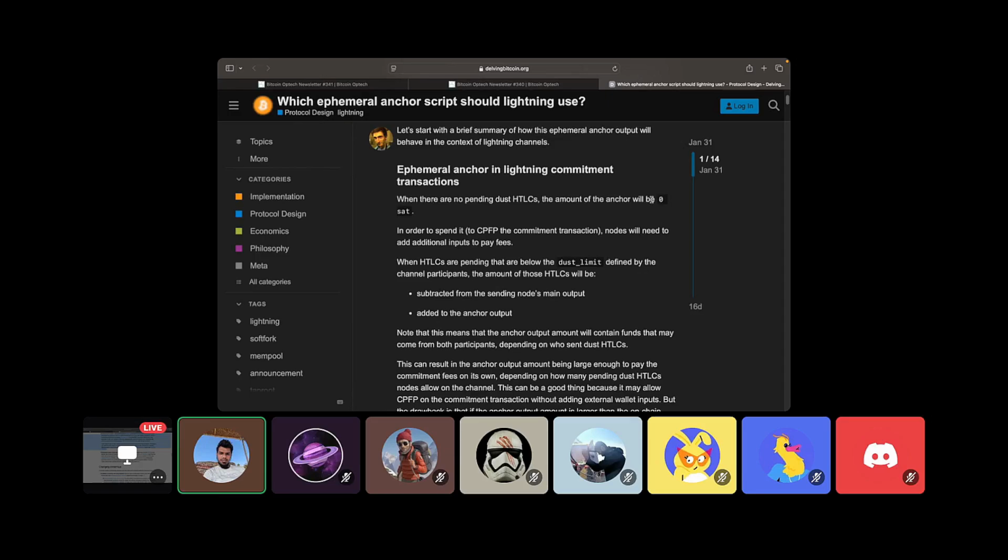So until that anchor output is mined, the other outputs associated with the commitment transaction cannot get mined as well. Because until you get the ephemeral anchor output mined, you cannot get other outputs mined. And you cannot get the ephemeral anchor output mined because it has zero value and zero fee. So the miners will not be incentivized to mine it. So you will have to